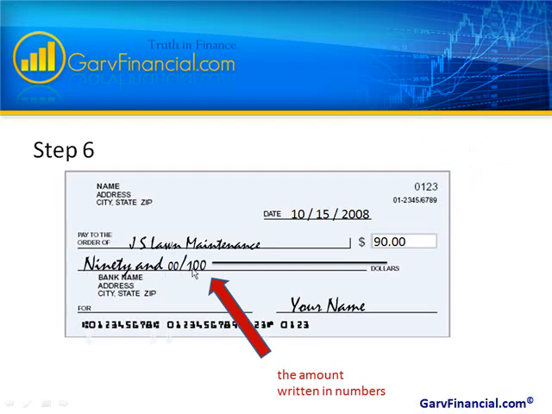The banks actually look for this line. They want to make sure the amount written here in word form and the written amount here in numerical form match, but this amount supersedes this amount. So when a bank clerk is viewing your check, they will pay more attention to this, that this is properly written. And I do highly recommend that you have this line here to prevent fraud, to prevent somebody from writing some additional information,